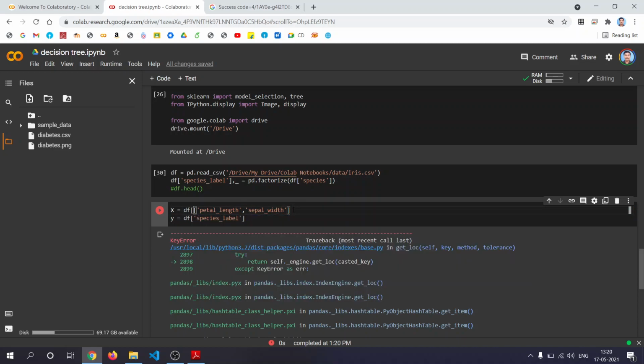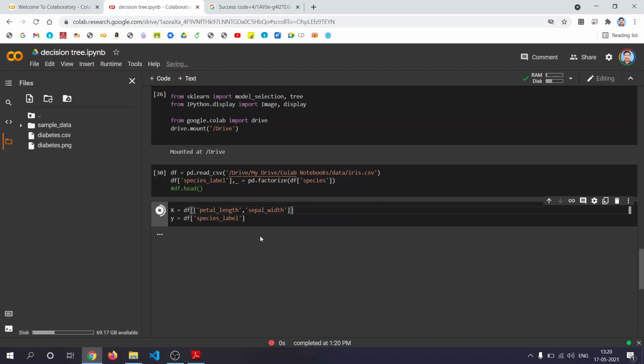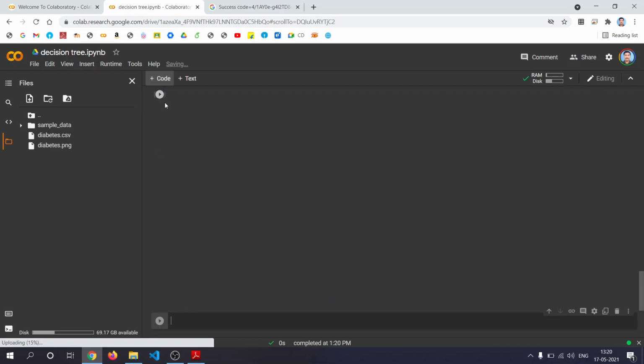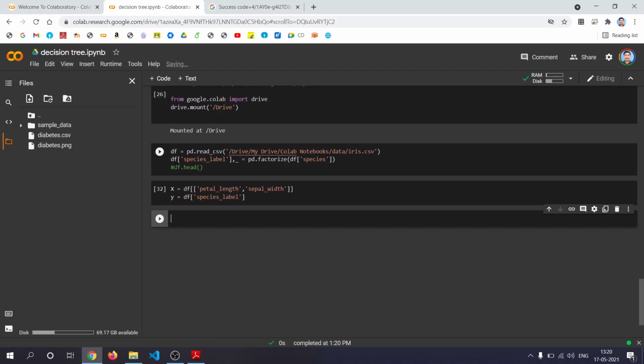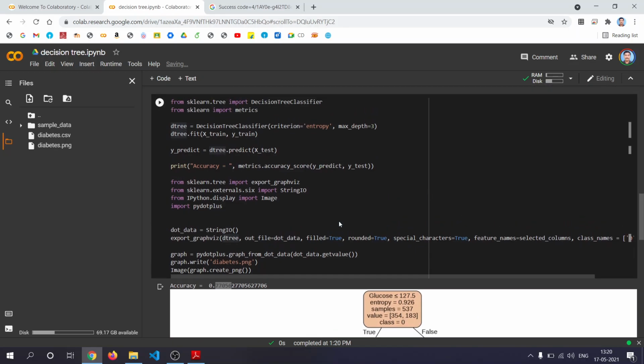It's a list of lists, right? So with test size equal to 0.3, we have split into training and testing sets.